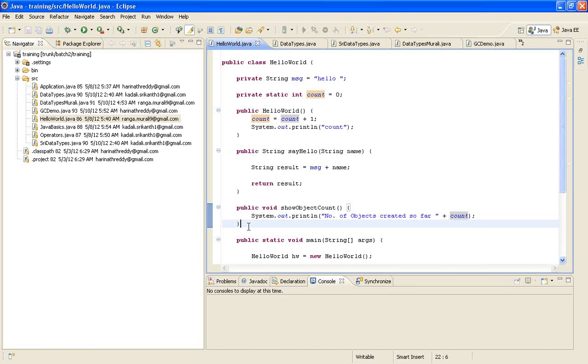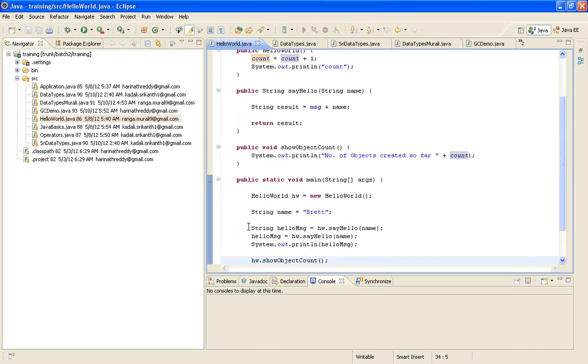I define a public class with your class name, then you start with your braces, then you write private String or whatever your private variables, and then you write a constructor, then you write your methods, public methods, where you use those private variables. For the outside guy, when he is creating the object for it,